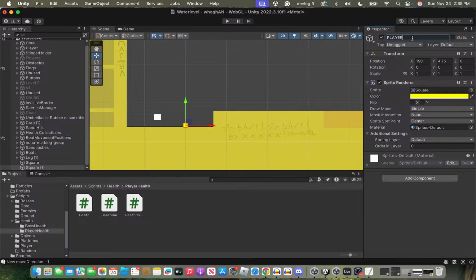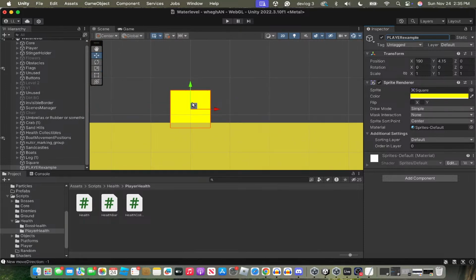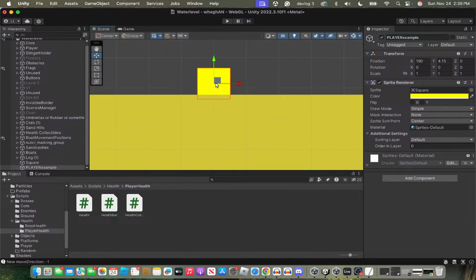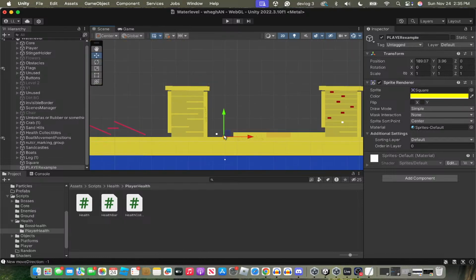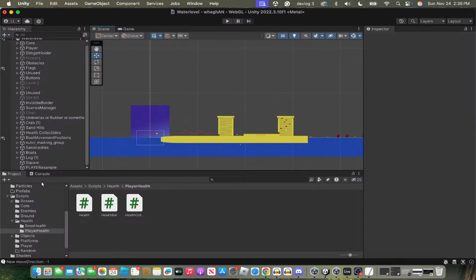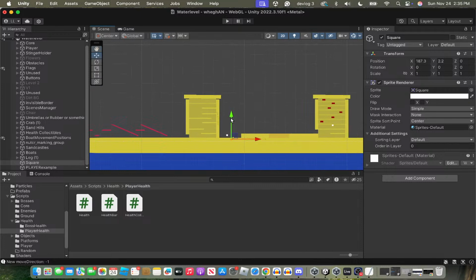Player example. So imagine this is the player. So the player is playing, then it dies. The player dies right here. So then the player is going to be sent back to the last checkpoint. So over here. But before it does that, it's going to record